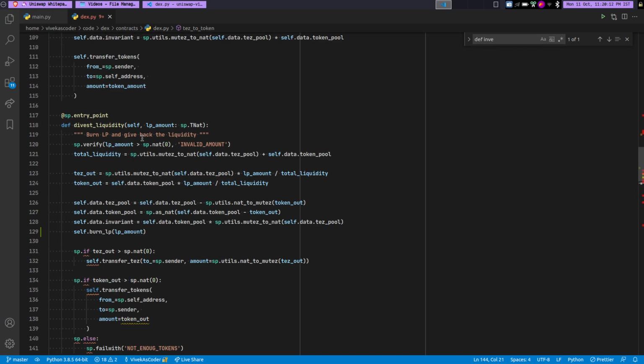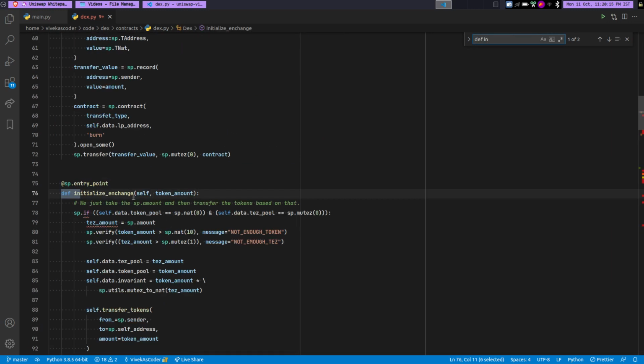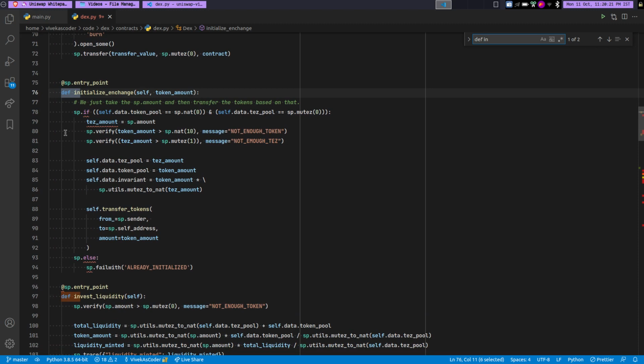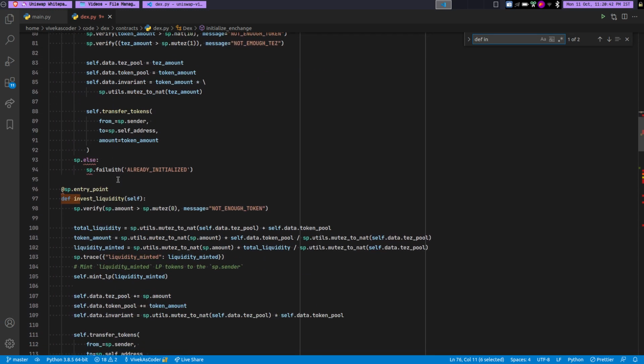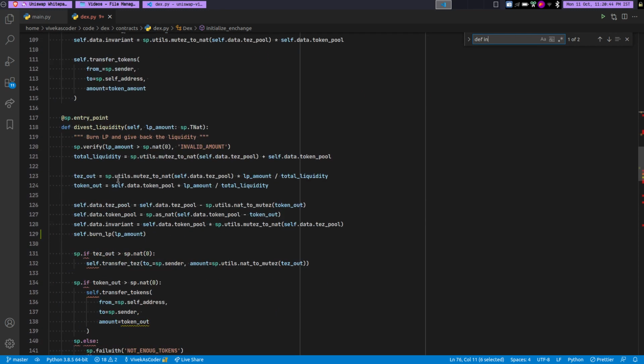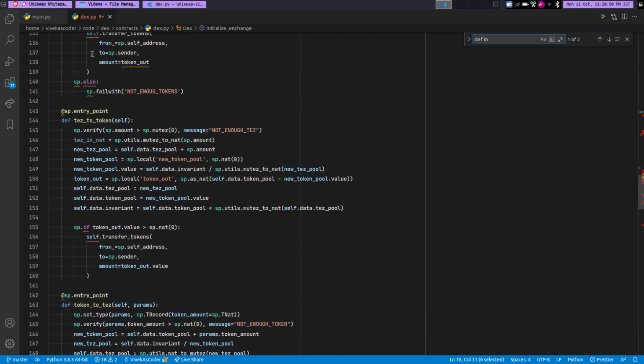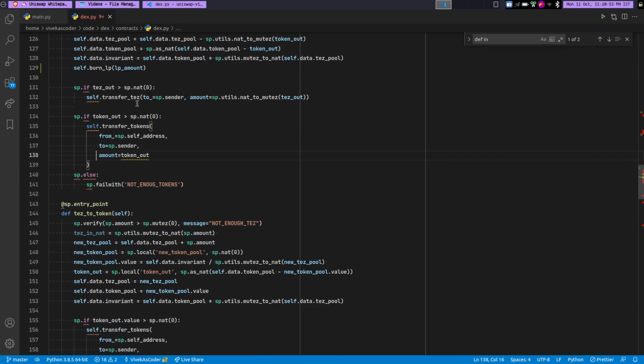Now you might have one question when it comes to the initialize exchange entry point, which is actually getting called whenever we are initializing the pool, and it is just getting called only one time. So at this stage, how are we actually going to handle the liquidity? Generally what happens in Uniswap V1 is they send the amount of LP token which is equal to the amount of XTZ sent, or ETH sent in that case. In the same way, we will send the amount of XTZ that is sent to the pool in this case. So yeah, this is how the DEX works, and this was the second part of the video, and we have covered basically everything that I needed to about the Uniswap V1 white paper.